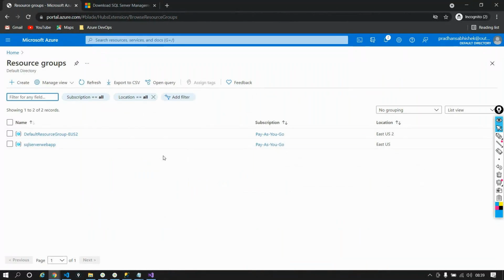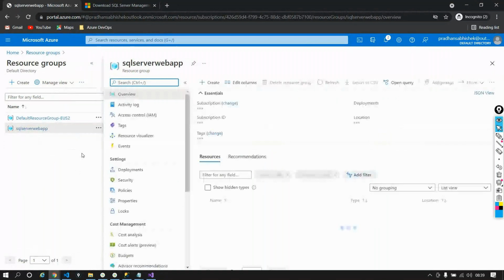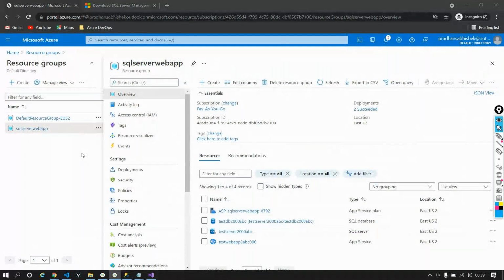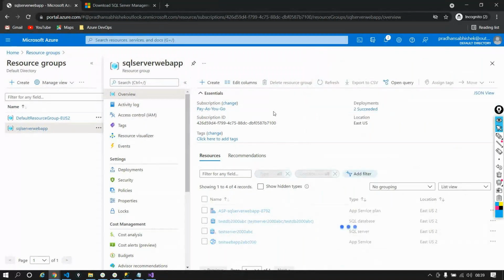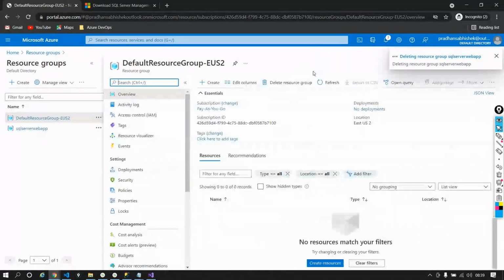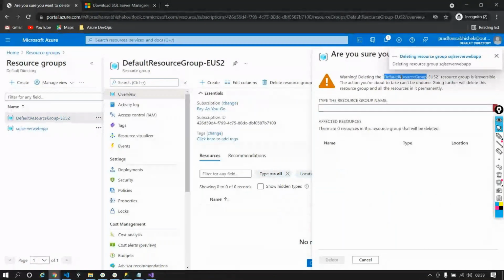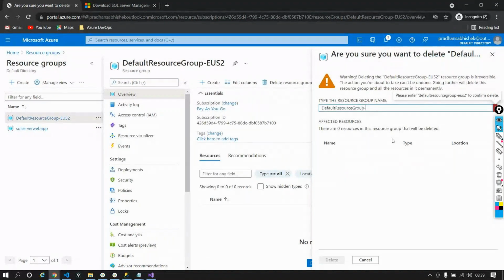So the question now is, can we automate the creation of all these things using an ARM template? Certainly yes. You can definitely use an ARM template to create all of it. So before creating it, let me delete this and create a complete package again: the resource group, the SQL servers inside it, the web apps, along with the connection strings. This time around, I will not use Visual Studio Code,